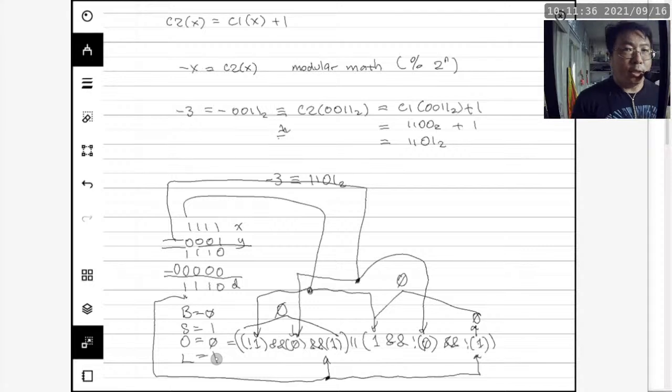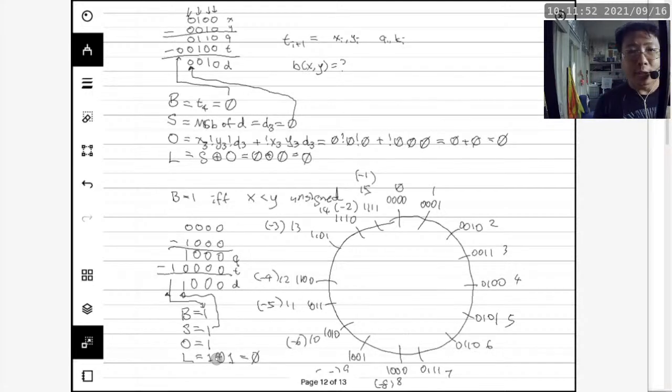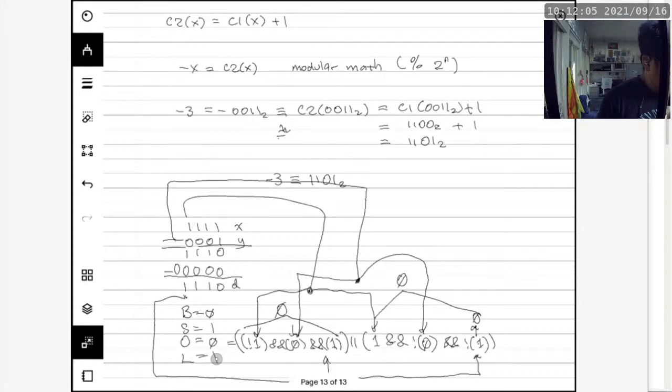Alright, so we are looking at this and show that this is an example where it makes sense both in the signed perspective and also in the unsigned perspective. Okay, so we're going to look at 1, 1, 1, 1 and say there are two ways to look at 1, 1, 1, 1. If you look at the number wheel, 1, 1, 1, 1 can be 15. It can also be negative 1. But when you look at 0, 0, 0, 1, it can only be 1 in this case. So now we get back to this slide and go like, okay, so if we are looking at 15 minus 1, what are we getting? If we are looking at 0, 1 minus 1, what should we be getting?